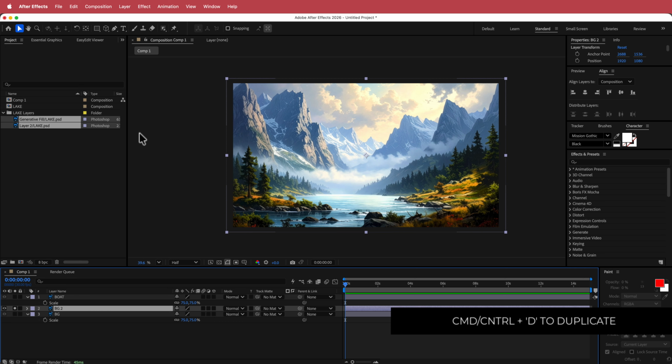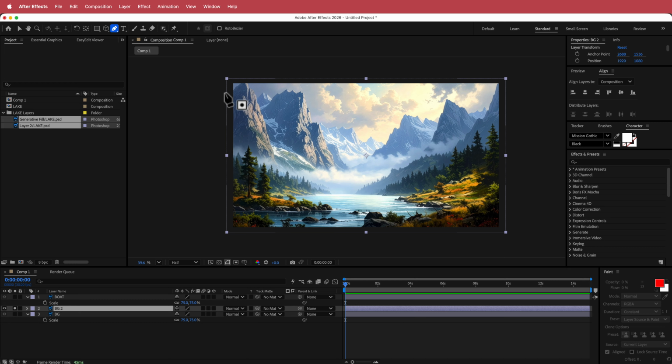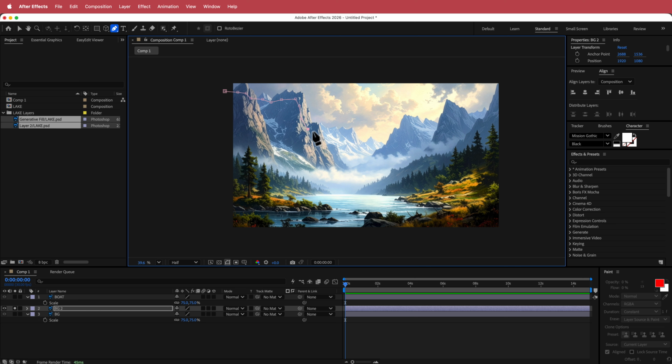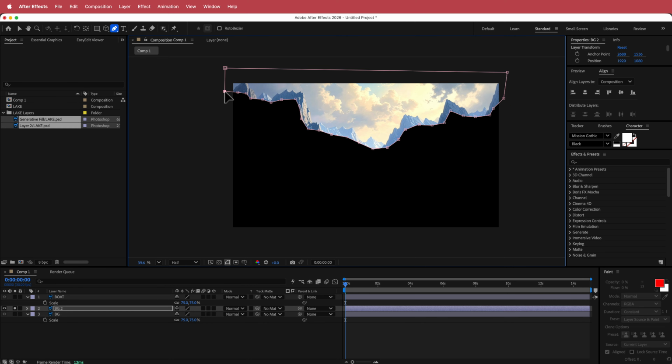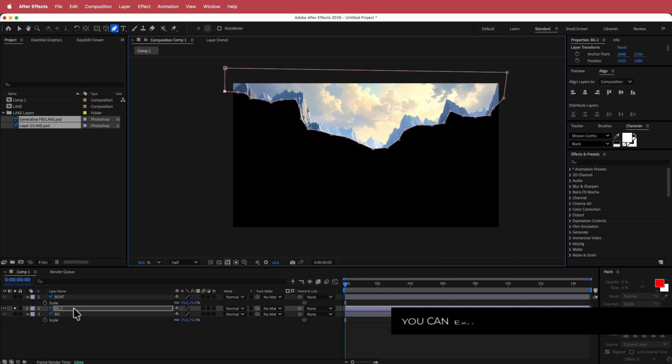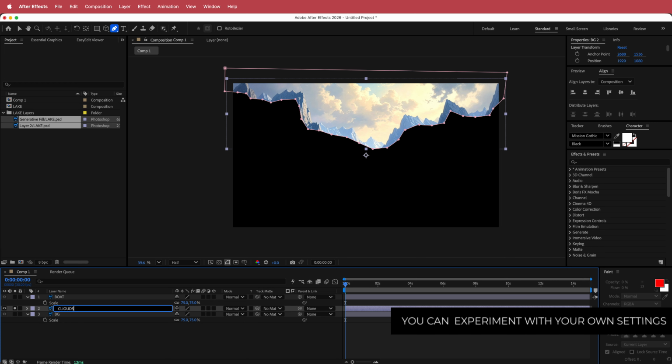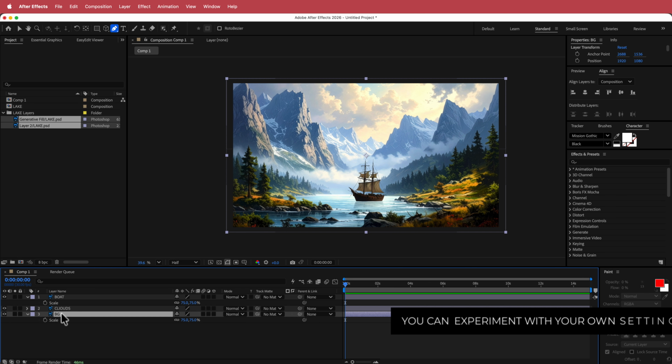Then I'm going to solo it, and then I'm going to grab the pen tool, and I'm just going to create a kind of rough mask just below this mountainous area. And then when you get to the end, you'll need to connect it back just so you have that as your top area. So I am going to rename that to clouds, and then I'm going to repeat the process again for the